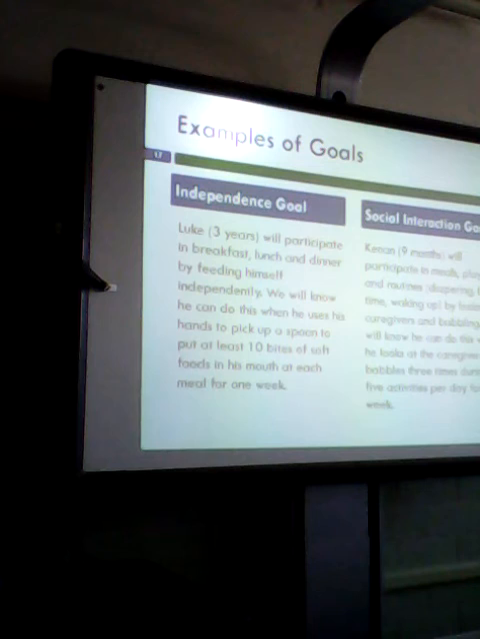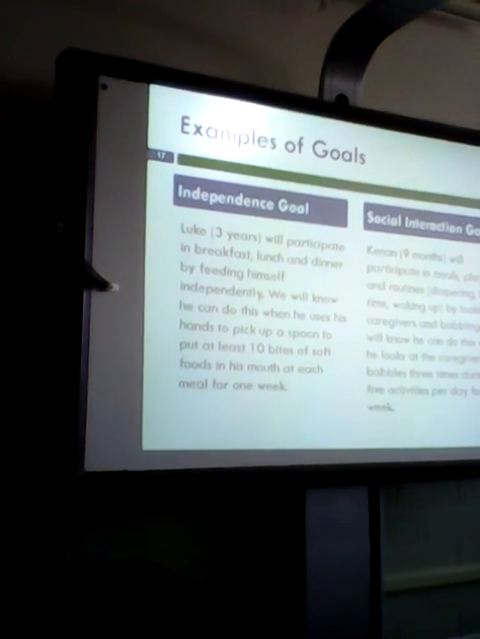I'll read it. It says Luke, 3 years, will participate in breakfast, lunch, and dinner by feeding himself independently. We will know he can do this when he uses his hands to pick up a spoon to put at least 10 bites of soft foods in his mouth at each meal for 1 week. Okay, and then the social interaction goal. Keenan, 9 months, will participate in meals, playtime, and routine, vacuuming,